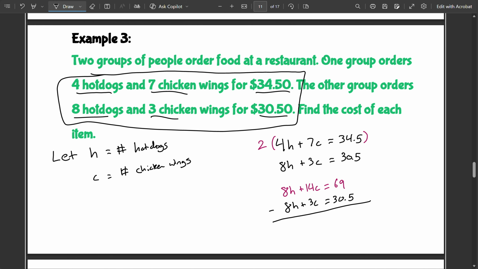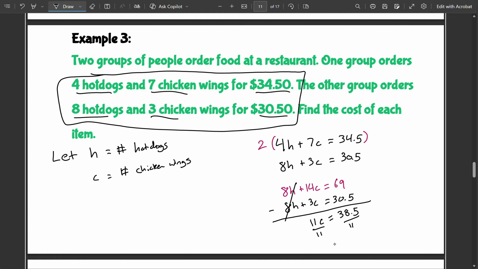Now we can subtract both equations. So the 8H minus 8H cancels. 14C minus 3C gives me 11C. And 69 minus 30.5 is going to give me 38.5. I'm just going to check, make sure I did the multiplication right. I did. Okay, yes. So now we divide both sides by 11